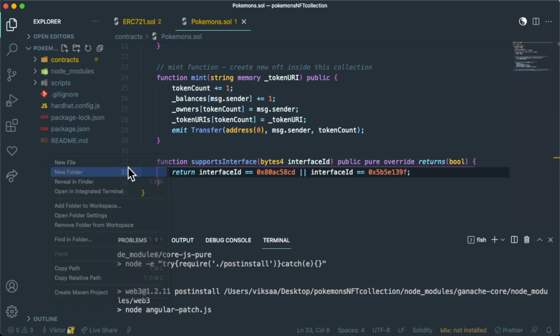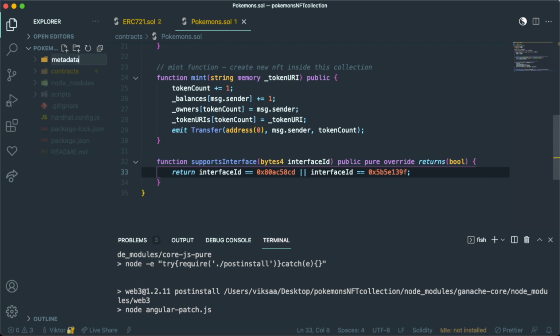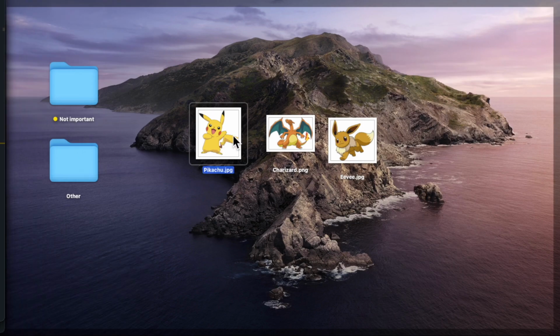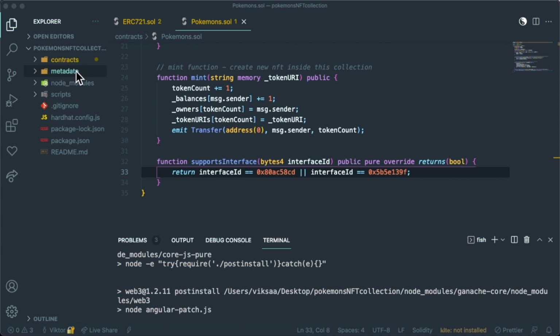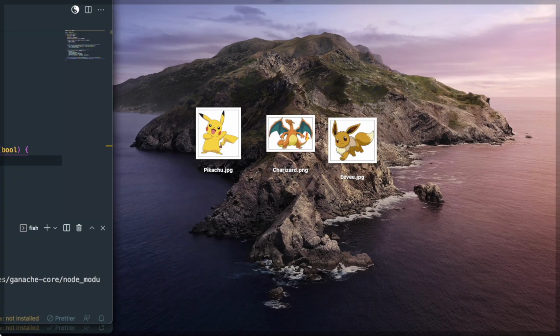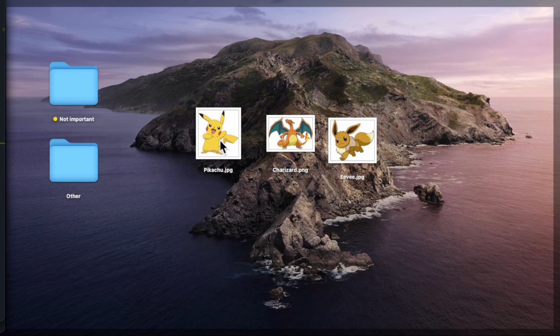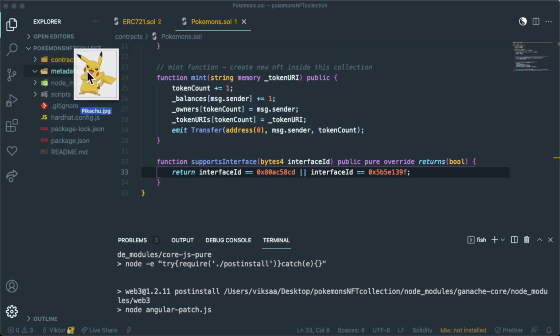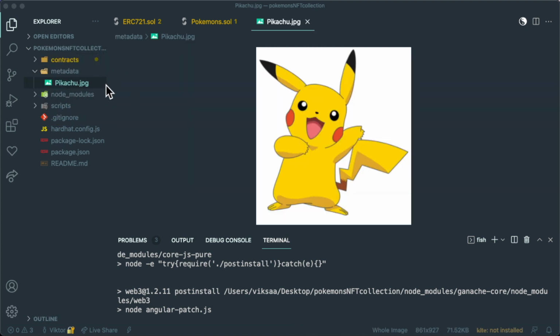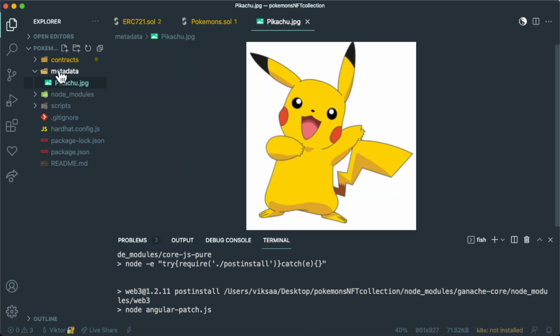So I'm going to create a new folder and call it metadata. I have these pictures of NFTs. You can add as many NFTs as you want here, as many pictures as you would like, but I'm just going to create one NFT in this NFT collection, and it's going to be this Pikachu. So I'm going to drag it here into the metadata folder, and we're going to create a new file and call it